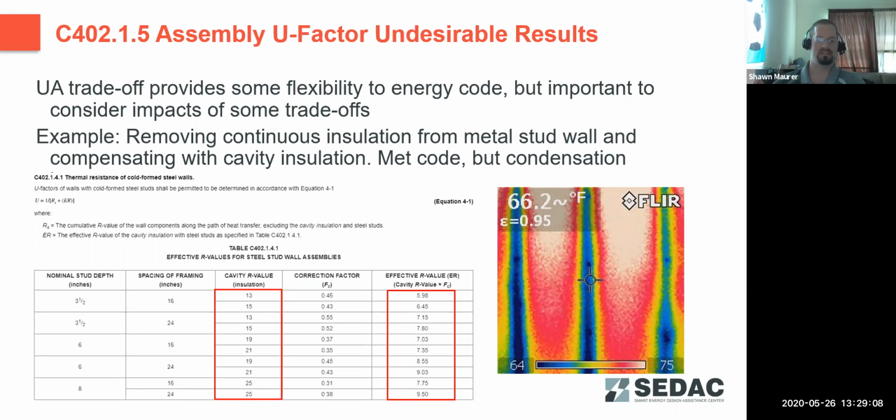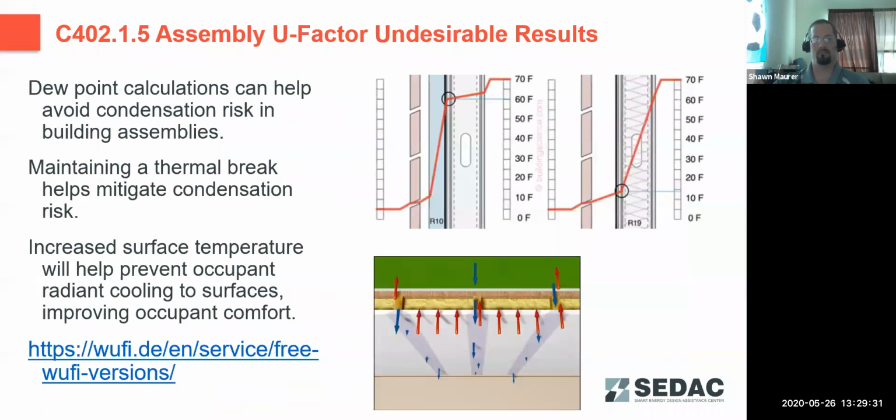The code book does have an effective R value for steel stud wall assemblies table in it. And what we'd like to note is that for any of those assemblies, you're seeing a reduction of 30 to 50% of your listed R value in regards to what the effective R value is for that assembly, just because of the high heat transmissibility of those steel studs. What can happen in that situation, if you don't have adequate continuous insulation on the outside of the building, is